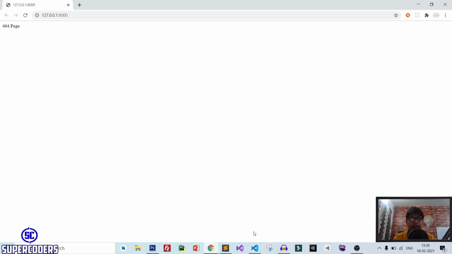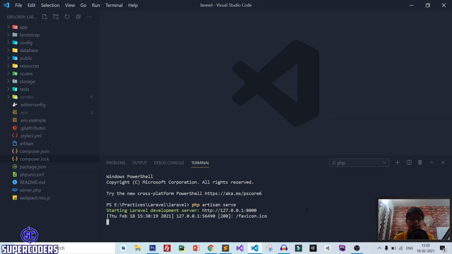After that, back to VS Code and let's create a controller. First let's terminate this program by typing Ctrl+C, then run the command php artisan make:controller. Here give the controller name, like TemplateController.